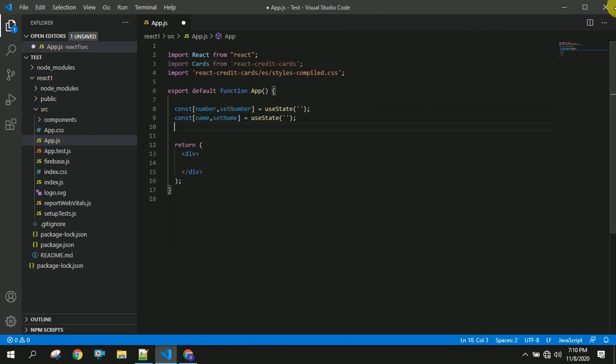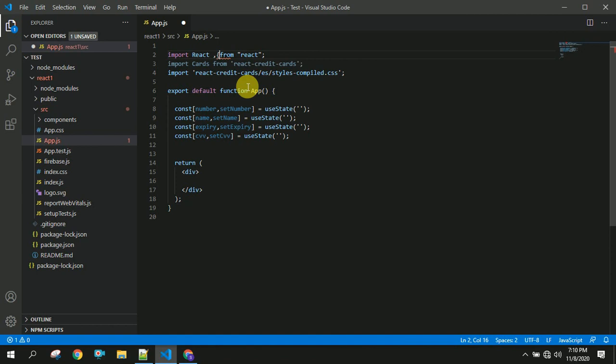Same thing, I'm copying this, and we have to use date here, setDate for expiry, and the next one is CVC. And we have to import useState from React.